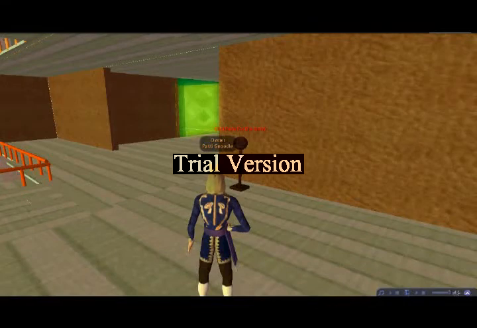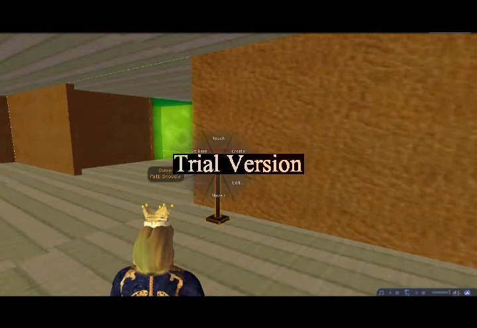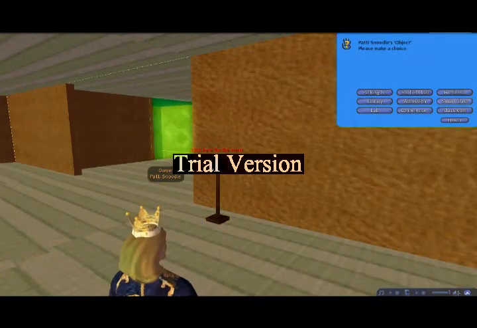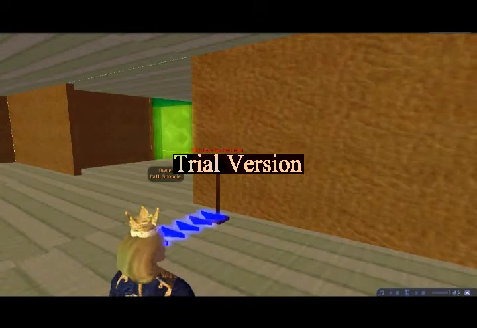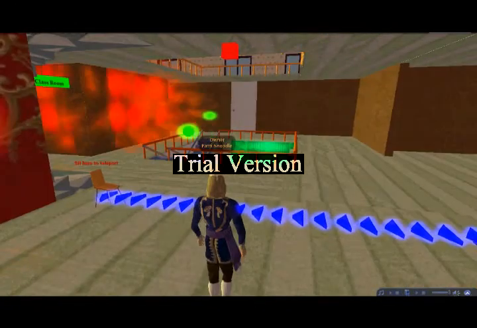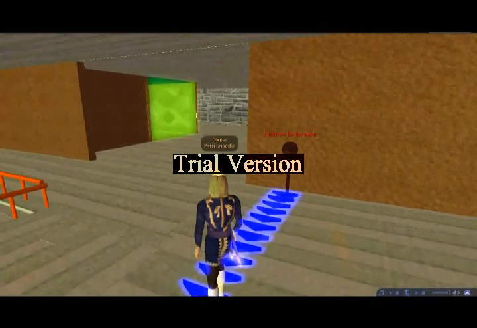In this section, we'll be seeing a fire exit demo. I've come back to the main entrance. I click on the object, I get a menu, I select the fire exit demo. This creates a chain of events that trigger off a fire. As you can see, the fire has been generated.